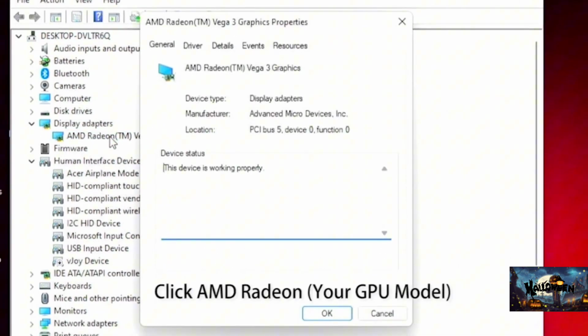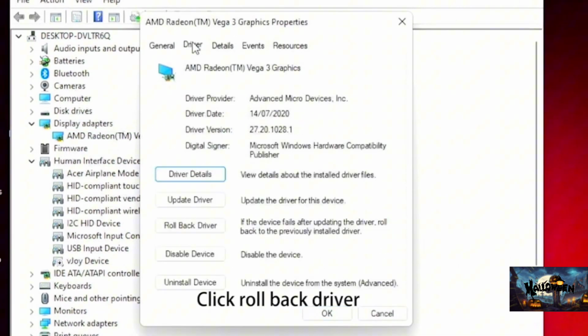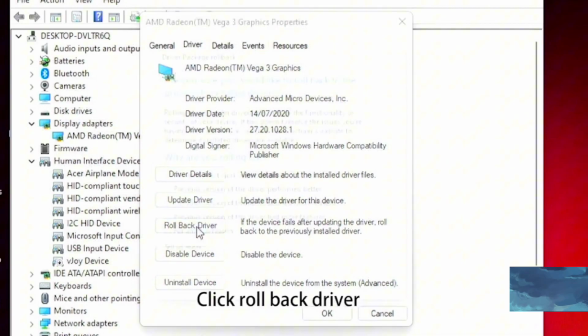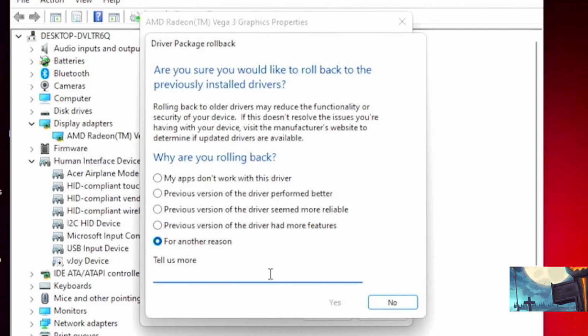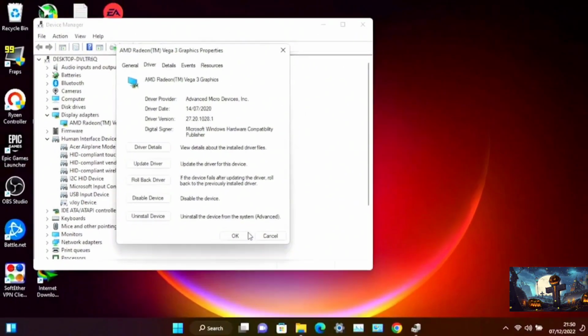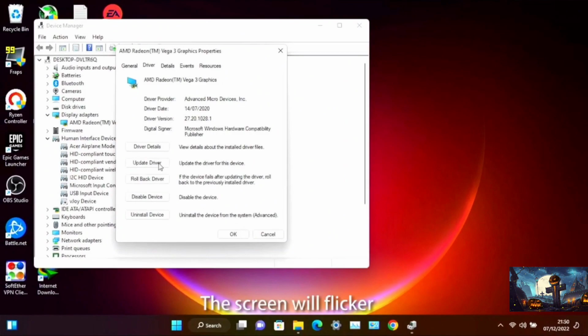Click on AMD Radeon. So click on Driver. After that, you click on Roll Back Driver. So you see that in this, you click on "For another reason." So you write in this place B double O. So save that, and you see this dashboard. After that, you click on